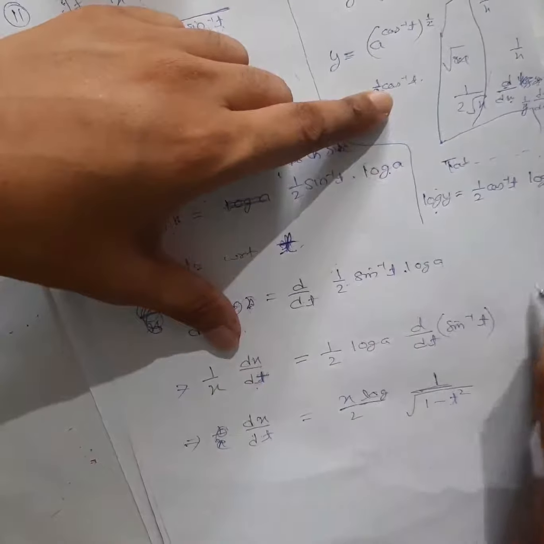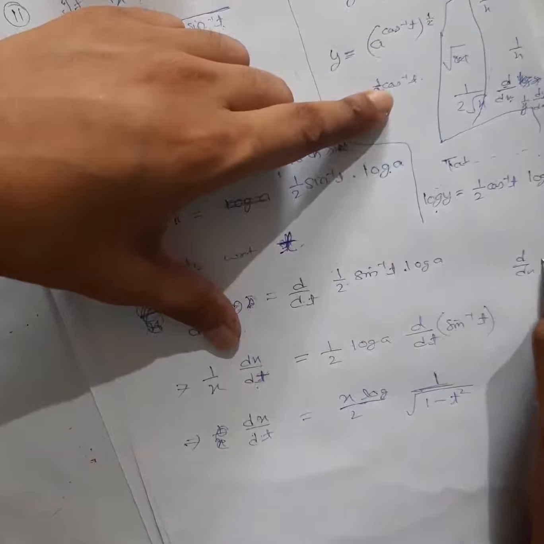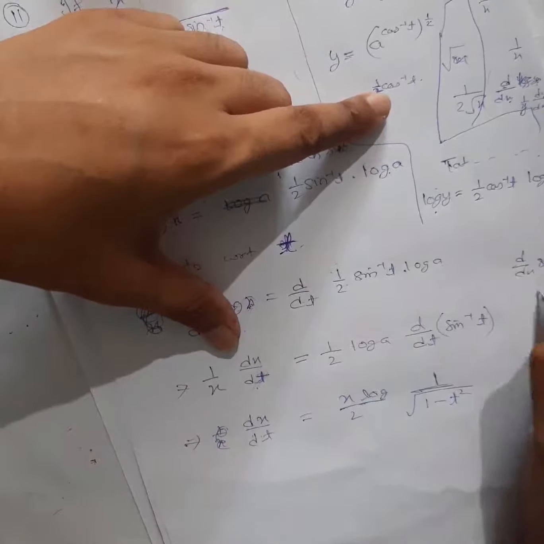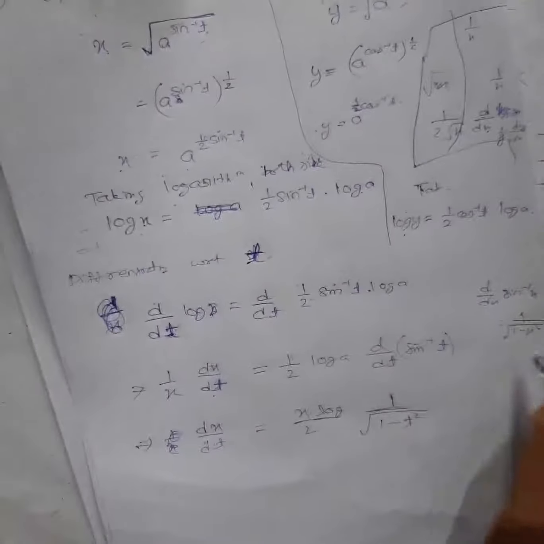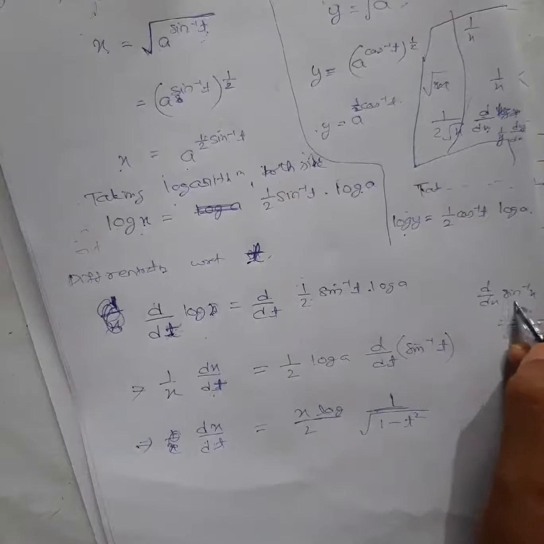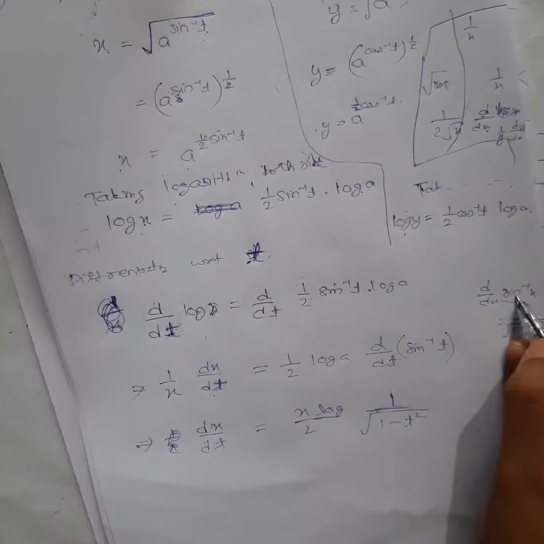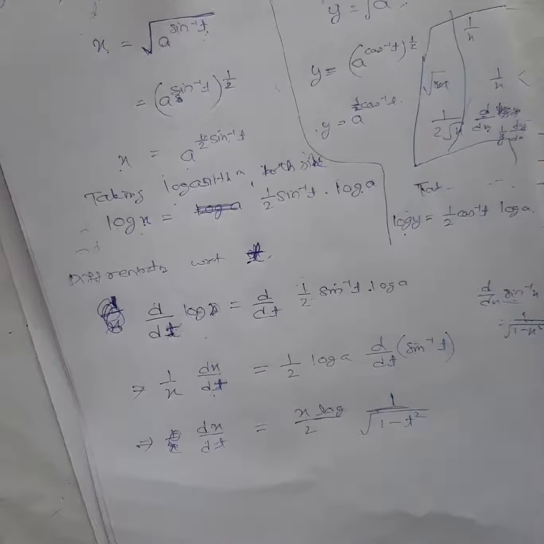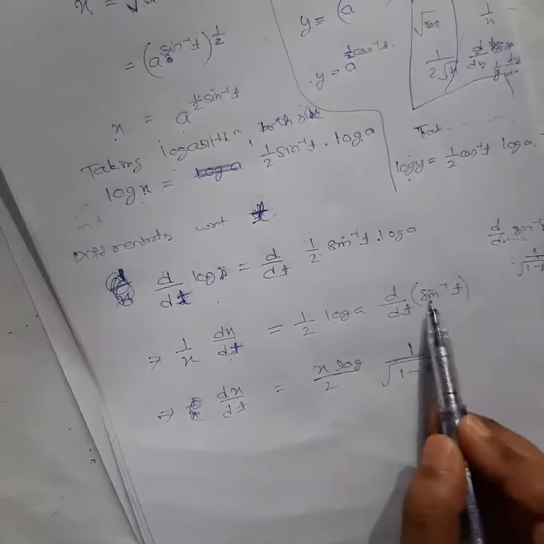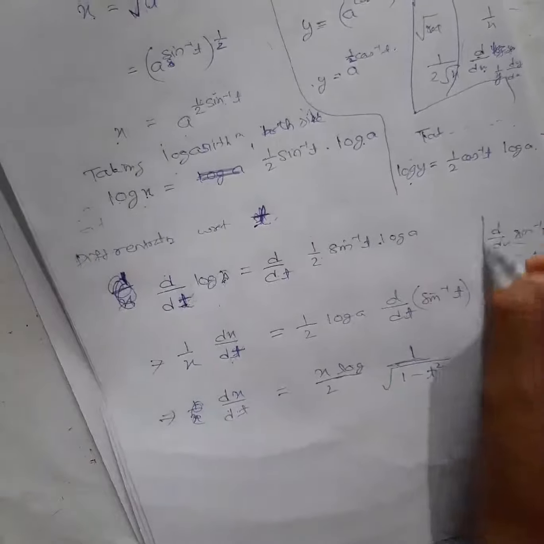I told you, right? Sine inverse x, what is the differentiation? d dx of sine inverse x, what is it? 1 by square root of 1 minus x square. This you have to remember. If I ask you to differentiate all the inverse trigonometric functions, and normal trigonometric functions, you have to remember all these formulas. Then it will be much easier. Otherwise you have to differentiate again in rough separately.